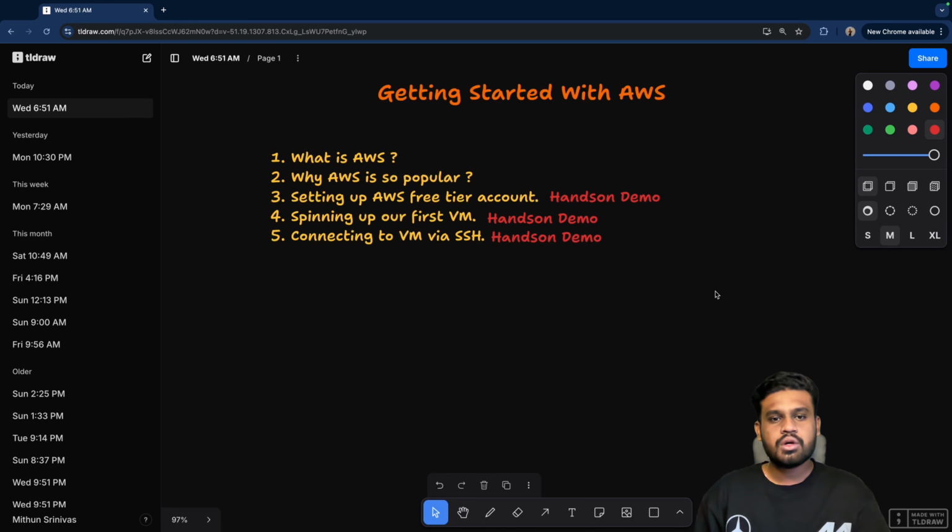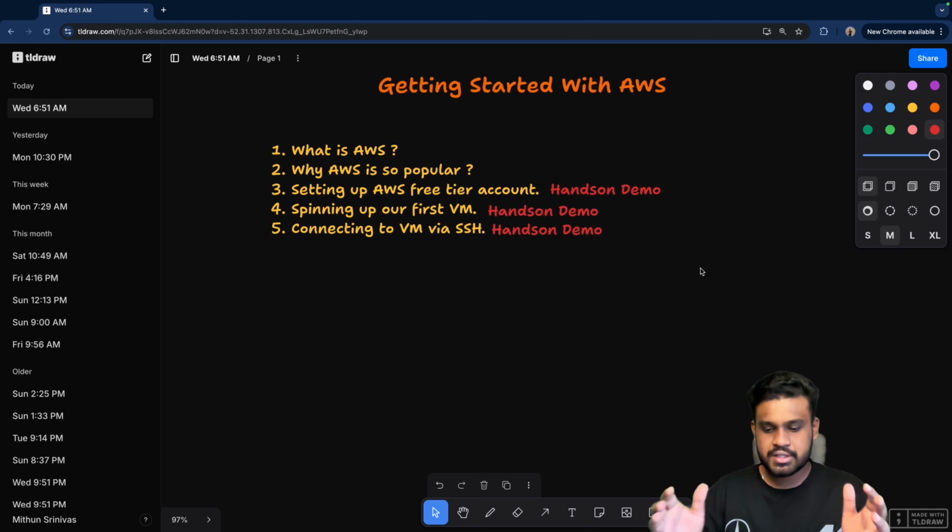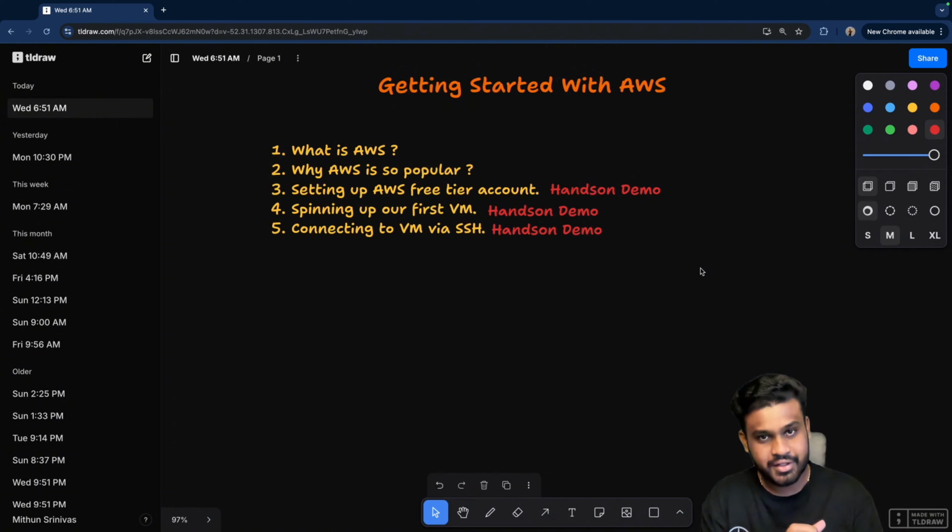Now before going to AWS, let's step back and look at how these things evolved. What happens is that first computers came into the picture. Computers gave us a superpower to automate things, to do repetitive tasks, to do tasks with minimal errors, and share stuff to the internet. So first the computer came, then the internet came, where we started sharing stuff on the internet.